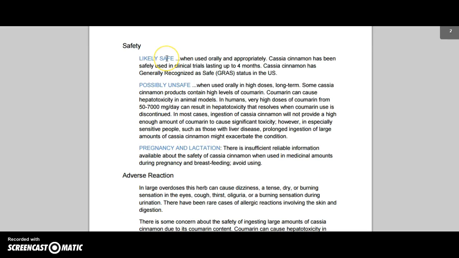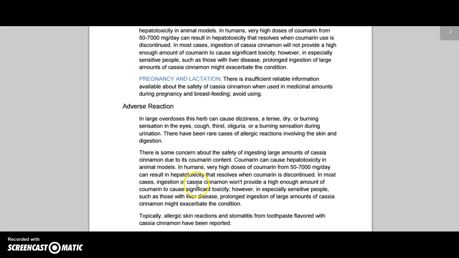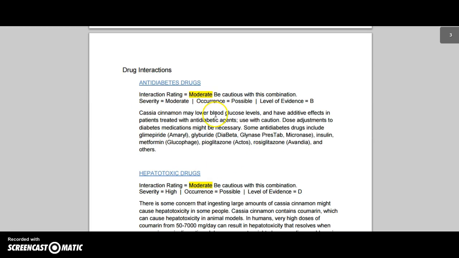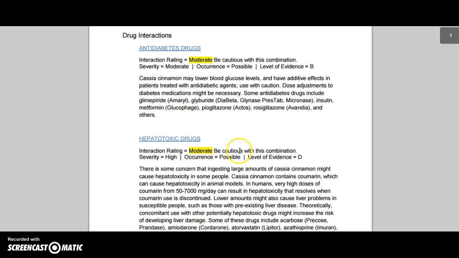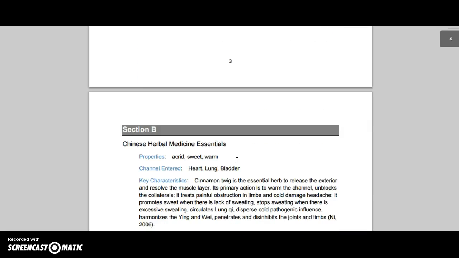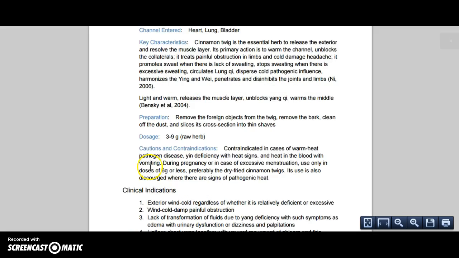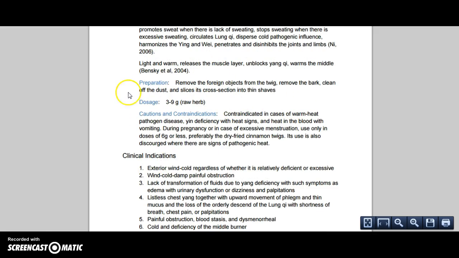Safety, which they've broken down based on the similar categories and natural standards, so likely safe, possibly unsafe, pregnancy and lactation. And again, the studies that are showing where this information came from, you just need the citations there. Adverse reactions. Drug interactions, so are these classified as moderate or theoretical? Section B, energetics, so properties, channels, key characteristics, how to prepare this plant, common dosage, cautions and contraindications